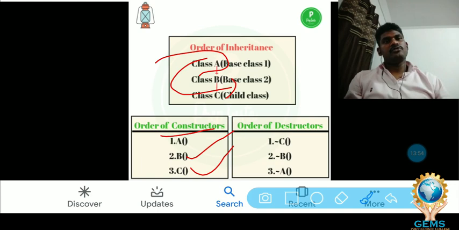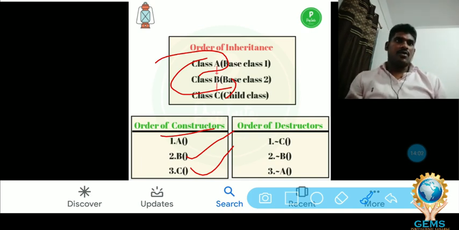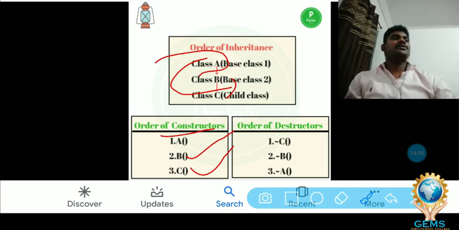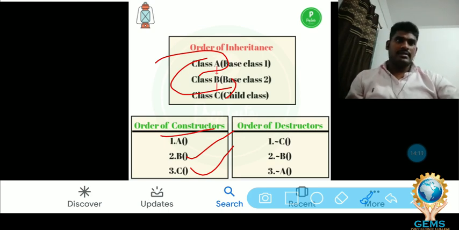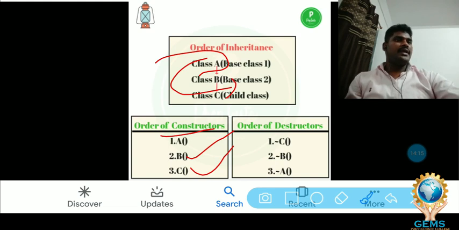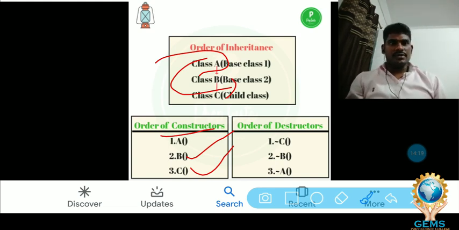All the base class constructors enter the derived class. That's why the base class constructor executes first, then child class 1 and then child class 2. This is the order of execution of the constructors.